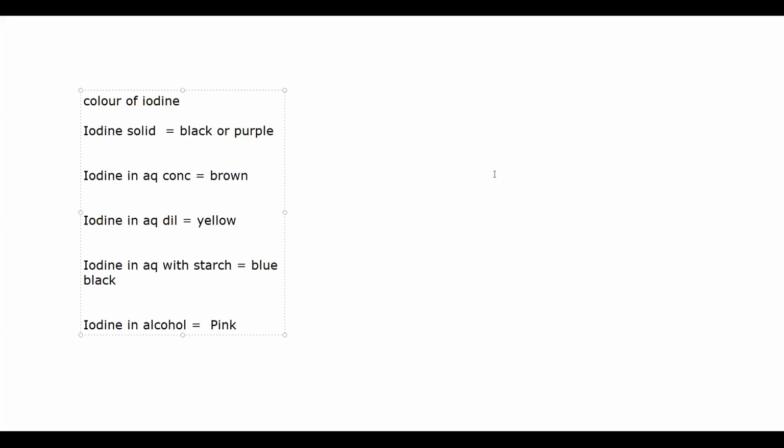Yeah, there are other colors for halogens too. In different substances, they have different colors, Salman. But you have to learn